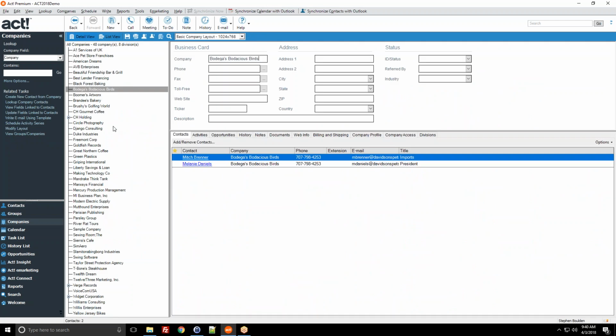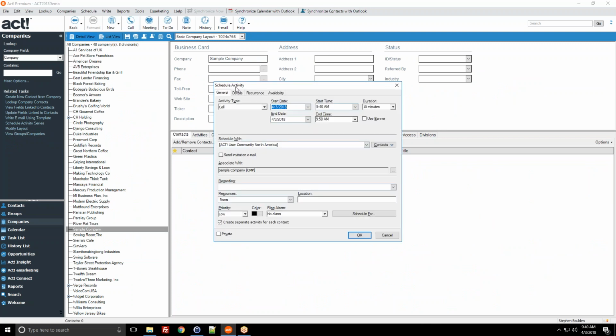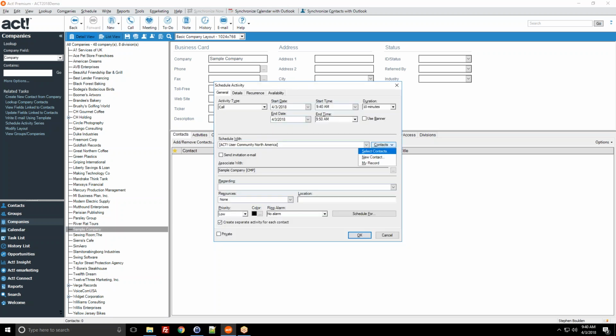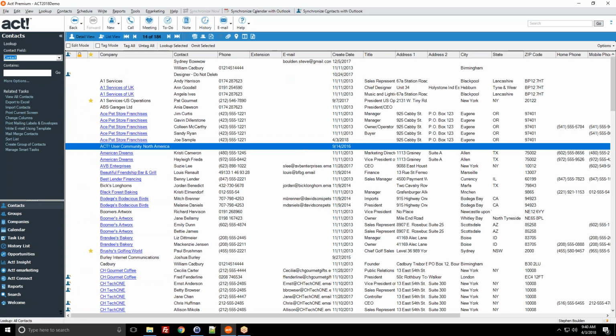If you have a company record, and you can have a blank company record with no contacts associated with it, for example, my sample company that I made, but if I want to schedule a new activity, then I can't actually schedule an activity with a company record. I can only schedule them with contacts. So having company records in here without contacts associated can be helpful for storing a lot of data in many instances, but if you plan on using your ACT calendar, then maybe it is best to stick with the contact